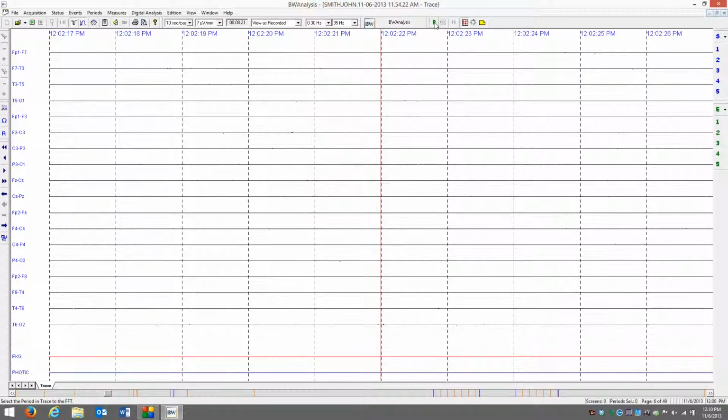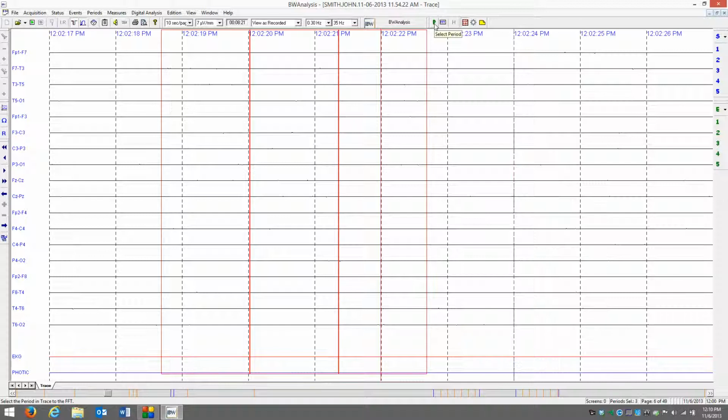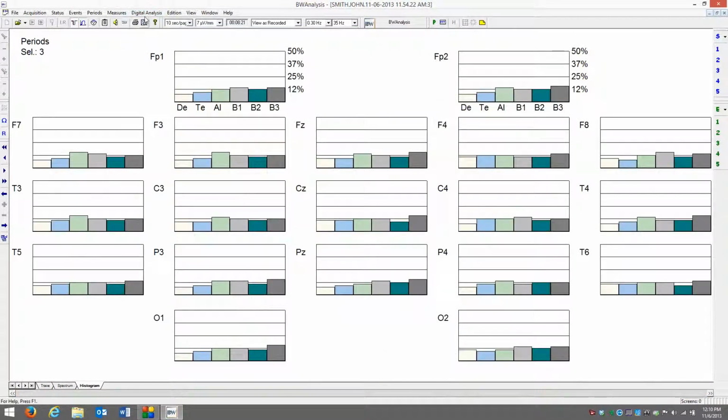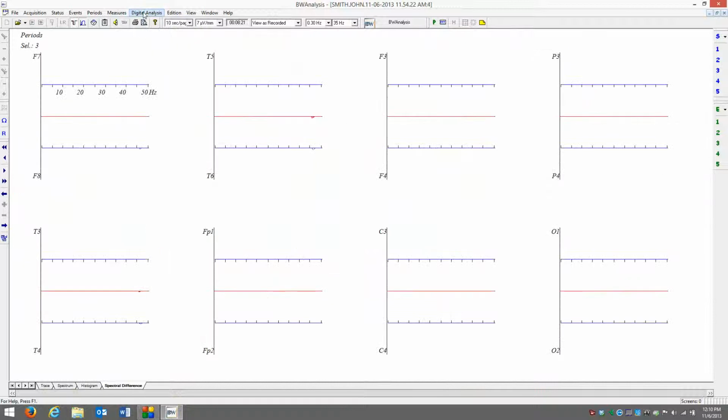The software has digital analysis built in. We can select the period, selecting the P up top, and just drop down as many of these period boxes as we need. And once we're done with selecting the area that we want to analyze for digital analysis or brain mapping, we turn off the P selector button, we execute the FFT, we select digital analysis, and here we have all of the different spectrum analysis, histogram, spectral differences,